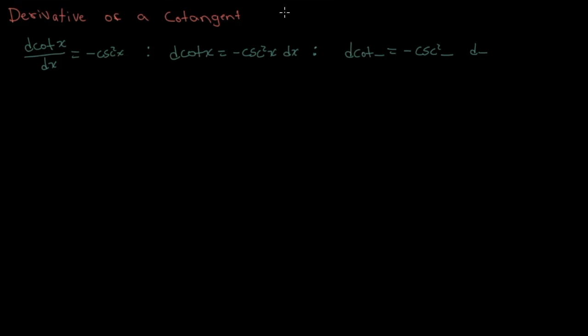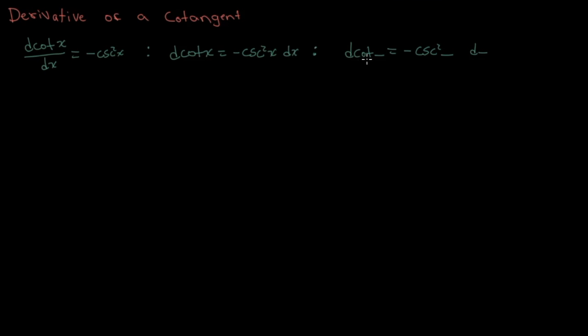In this video, we're going to talk about how to evaluate the derivative of a cotangent function. The process for evaluating the derivative of a cotangent function is as follows. The derivative of cotangent x is equal to negative cosecant squared x, or a more intuitive way of looking at it is the derivative of cotangent x is equal to negative cosecant squared x times dx, which is to say